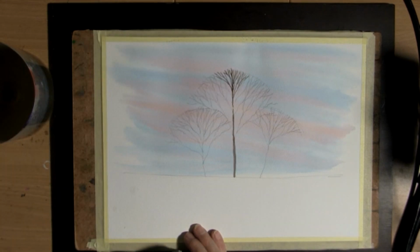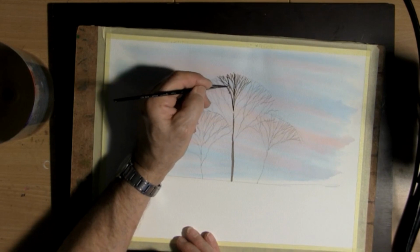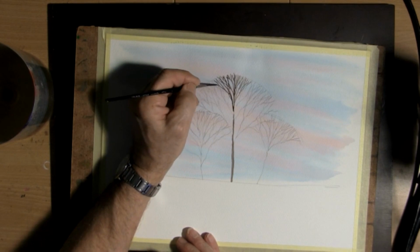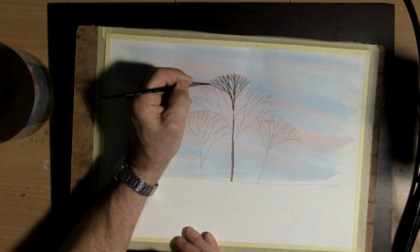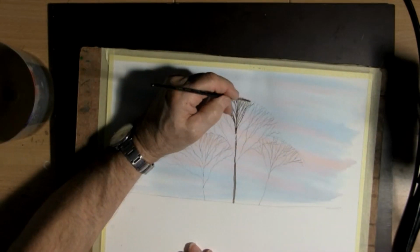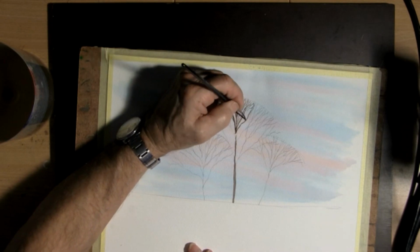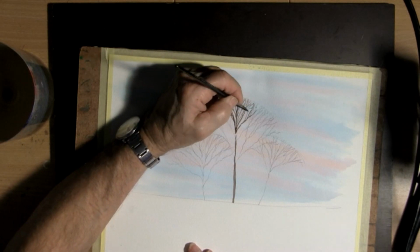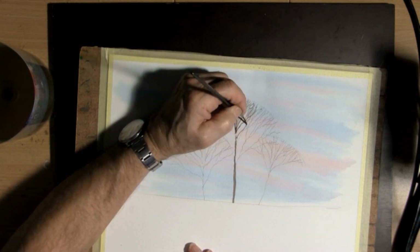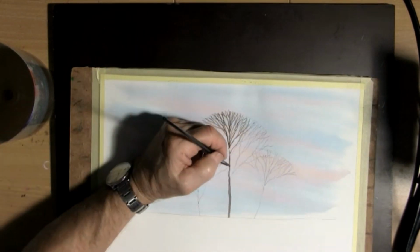Otherwise, it'll be almost impossible to try and paint the ones which I have drawn before. So you can see, I only drew them as an illustration for you of what I'm going to do afterwards. But perhaps you need a few of them to start with, but you don't need them all, because now I'm actually drawing some extra ones which I had not drawn before. So, and I'm going from one side of the tree